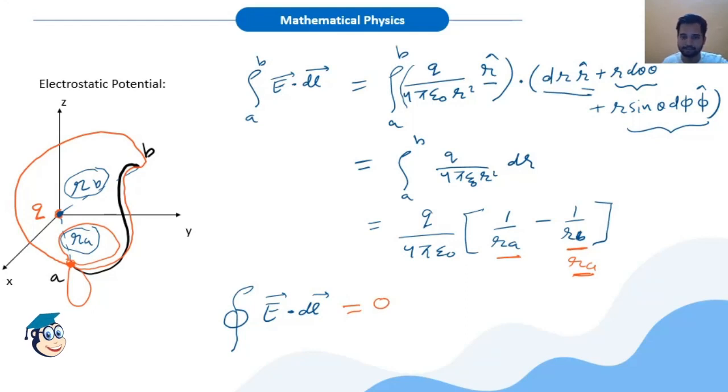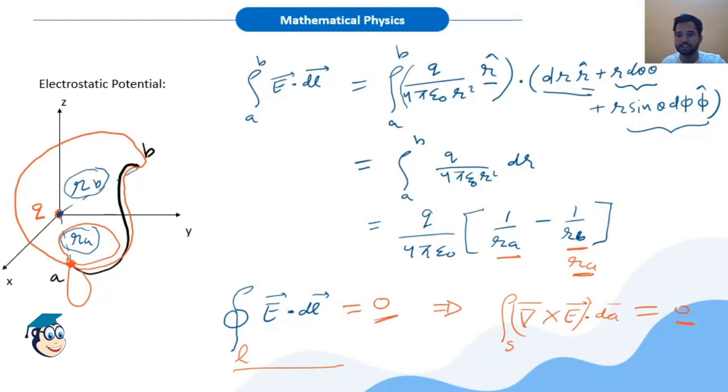This is an important result, and we know from Curl theorem, or it is also known as Stokes theorem. Okay, so Stokes theorem says that closed line integral of E dot dl is equal to surface integral of del cross E dot dA. Okay, so this is known as Curl theorem, or we also call it as Stokes theorem. And this is equal to 0. RHS was 0, so I have put RHS equal to 0.